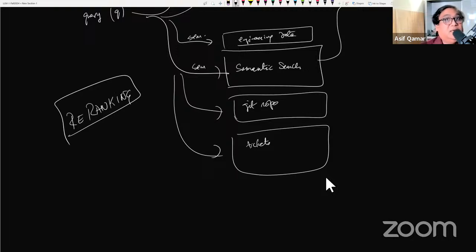Each of these individual subsystems is producing candidates, search results or recommendation candidates. You call them search candidates, search result candidates. These have to be re-ranked